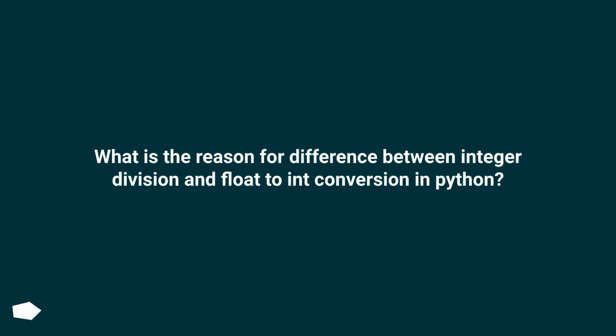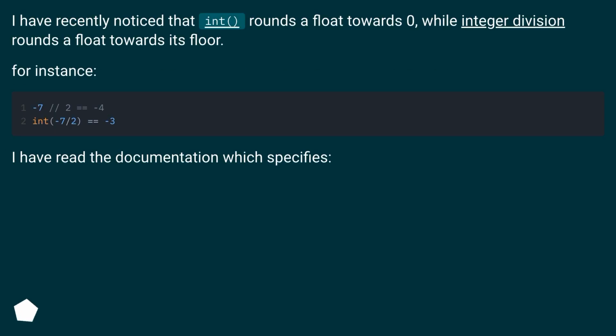What is the reason for difference between integer division and float to int conversion in Python? I have recently noticed that int rounds a float towards 0, while integer division rounds a float towards its floor. For instance,